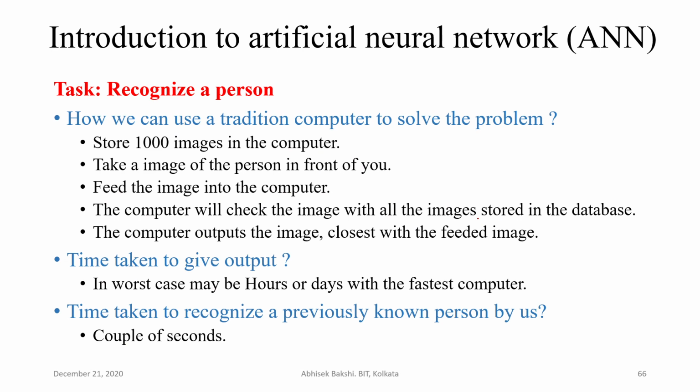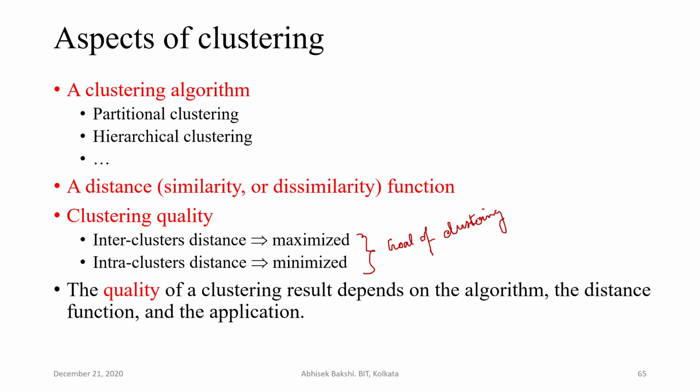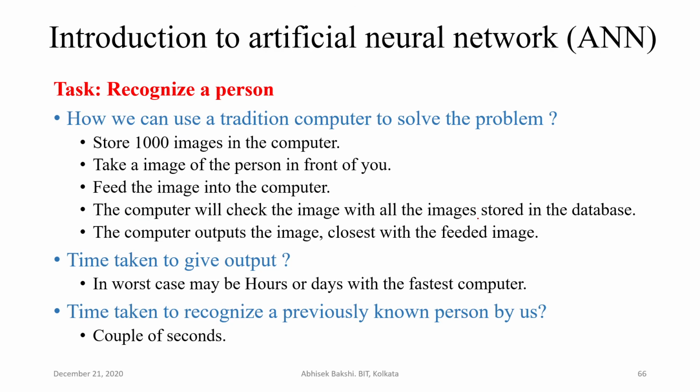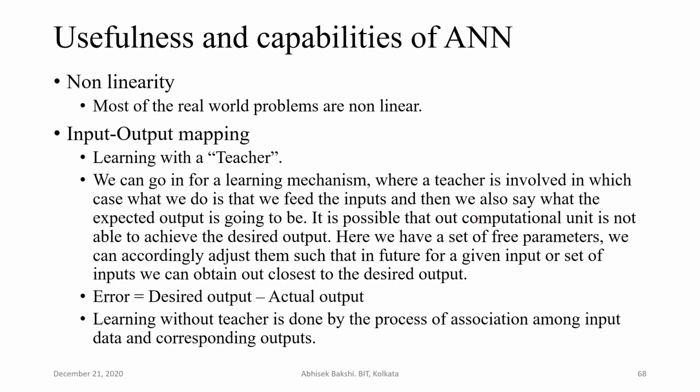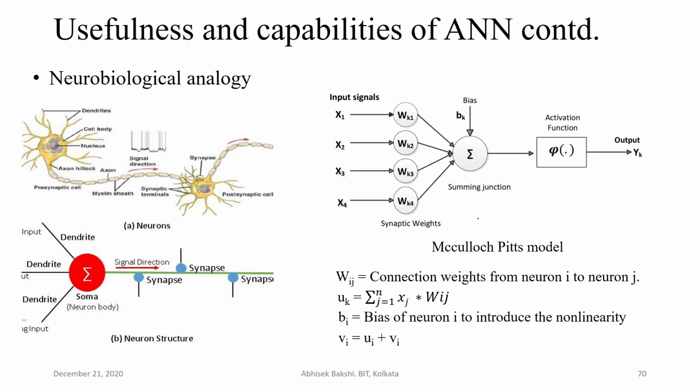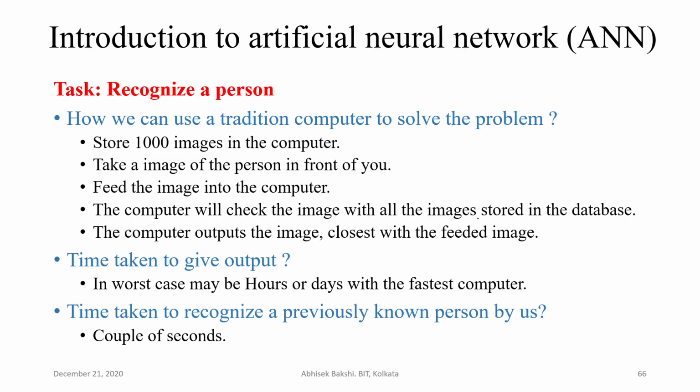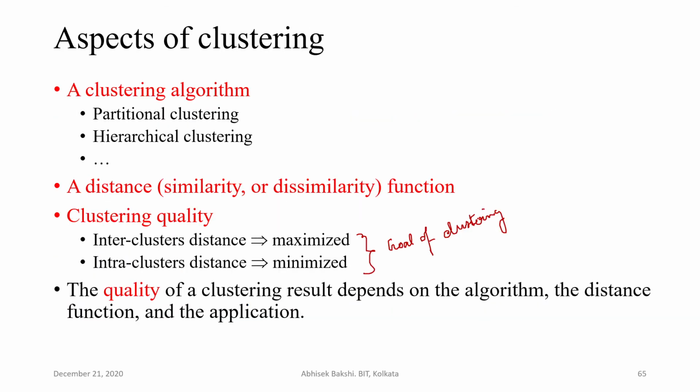From here we can start with artificial neural networks, but we can stop over here for today, because it's better to start the concept of artificial neural networks from a fresh day, and we will see a lot of things there. For example, how a machine recognizes a person, and various things like this. So we can stop here for today. From the next day, we will start the learning strategy of artificial neural networks.